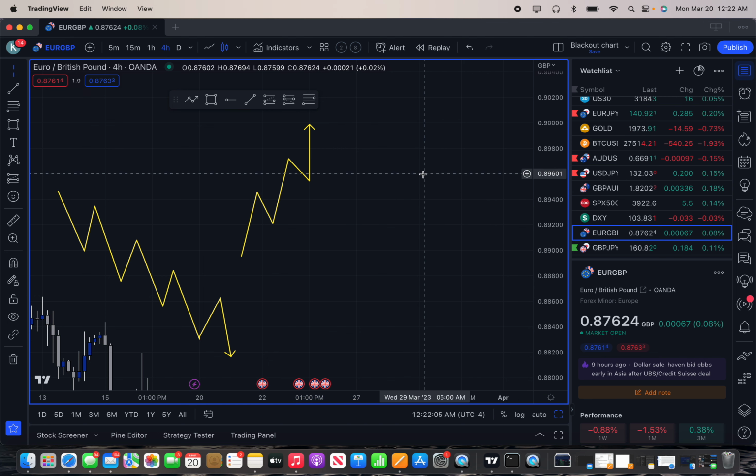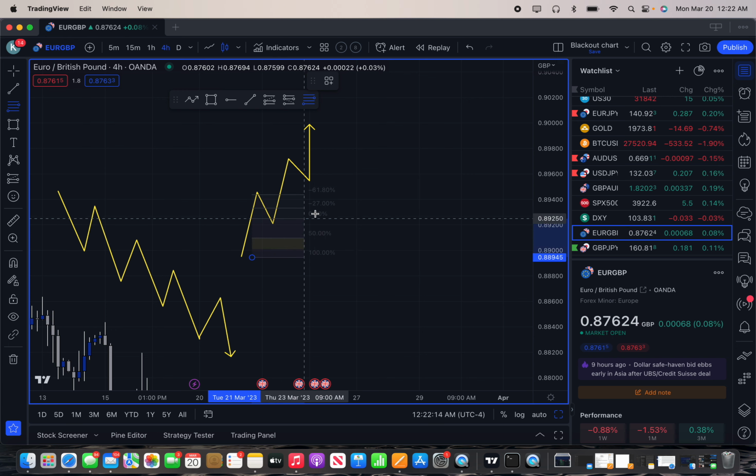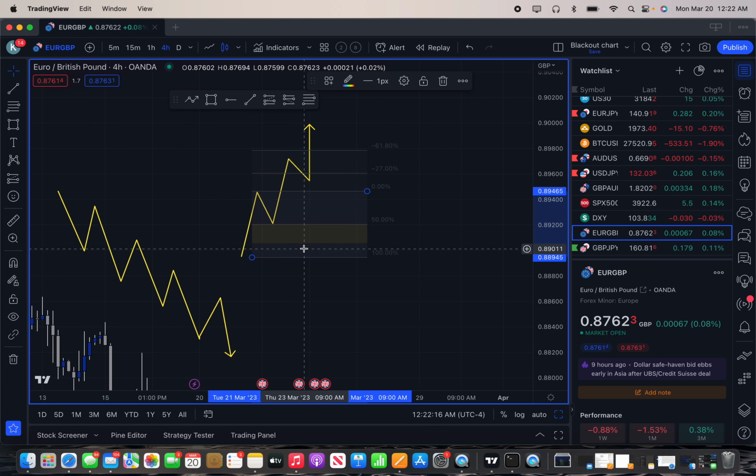The way you can do that is by using fibs. I know some people use something like the Gann box. Me, I just use fibs. So I literally go from the low to the high. My 50% mark is shaded from here and down. So honestly, I'm looking for